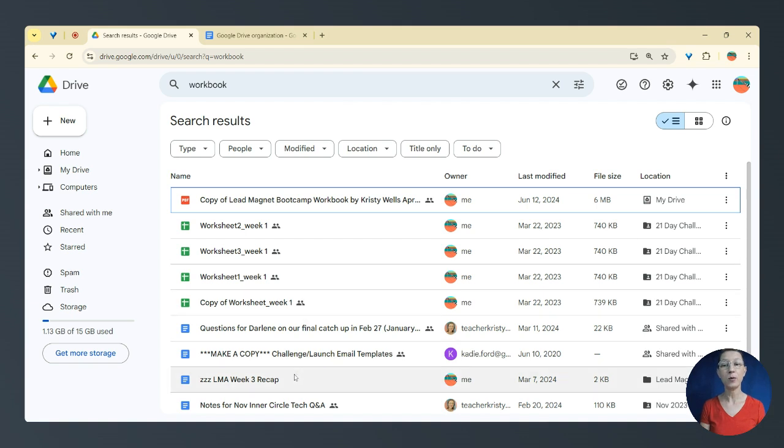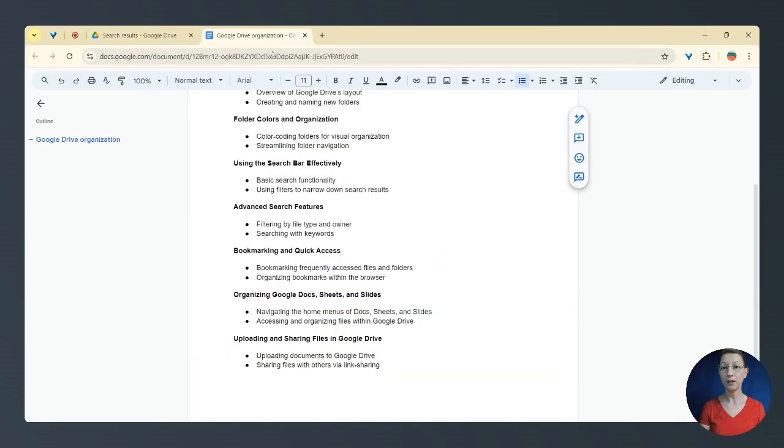That can help you find things that you haven't yet put in a folder, and now would be a good time to do that. It does show you the location over on the right-hand side. This one says My Drive, so it has not yet been put in a folder of its own, and these ones are already in folders, and this one was shared with me from someone else. It was actually me. So that is a little bit more about using the search bar,